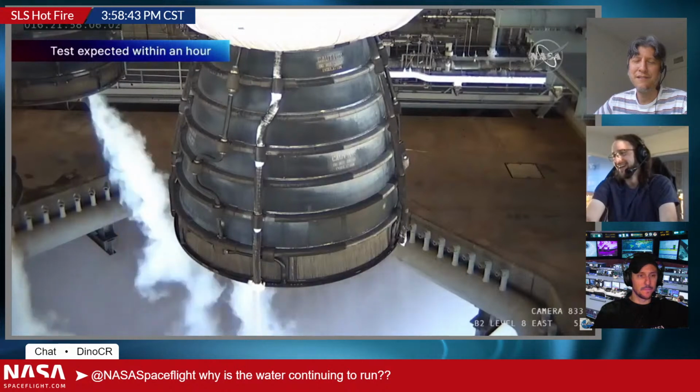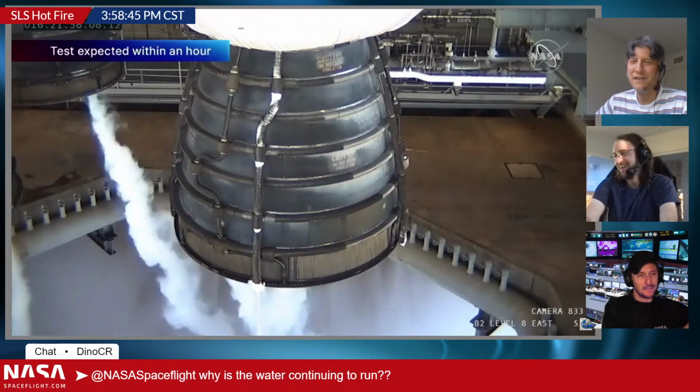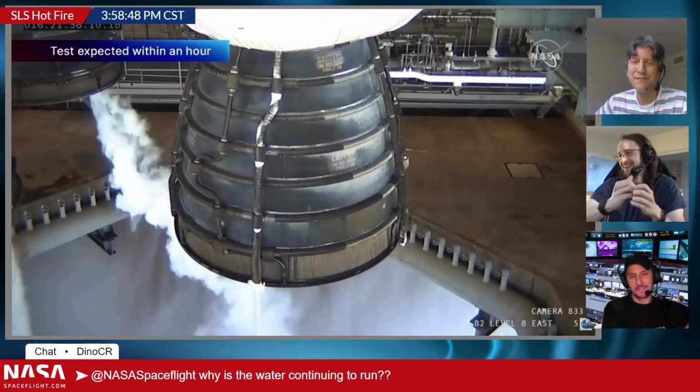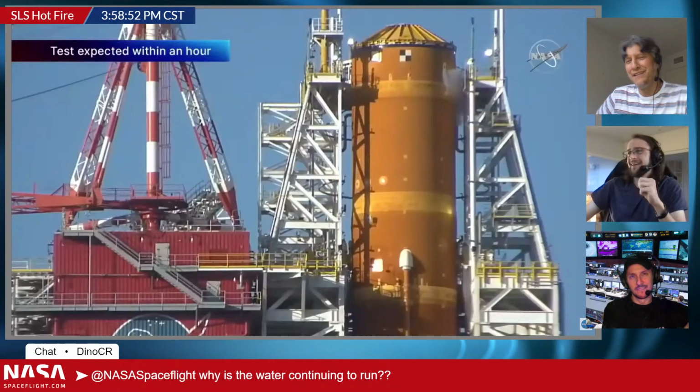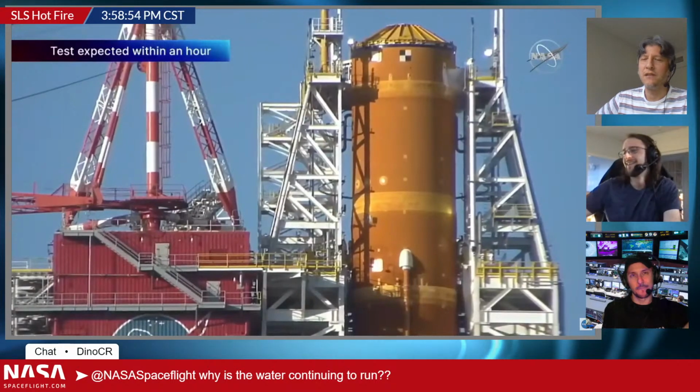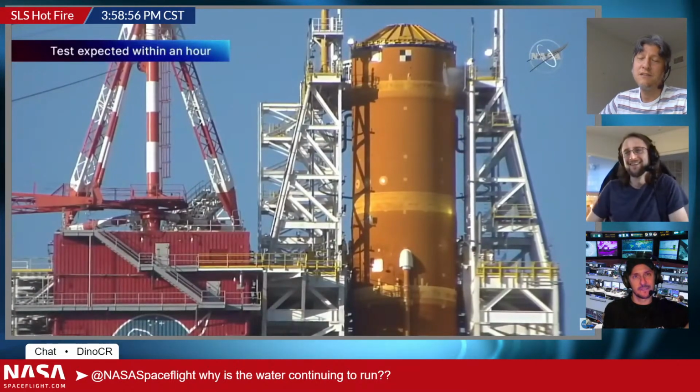I can't remember who mentioned it, but basically it sounds like, if we get out of this hold, that's the issue right now: they're working a main propulsion system issue, which is, there's a lot of different